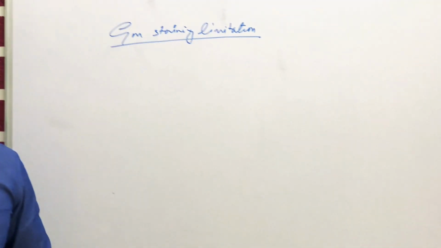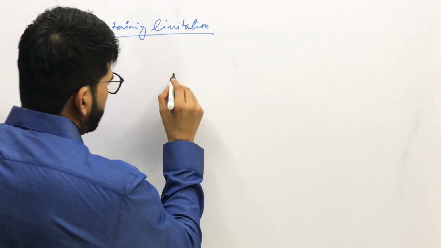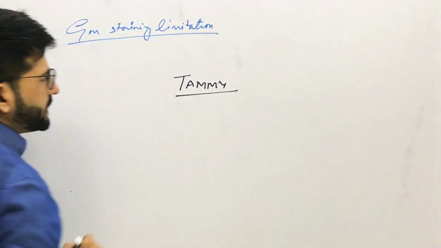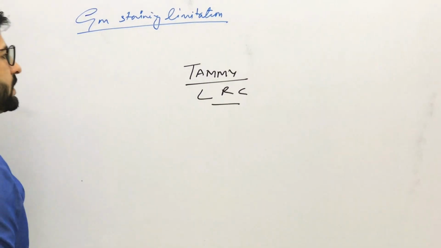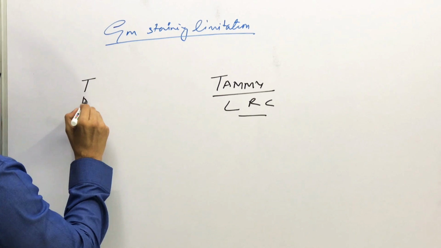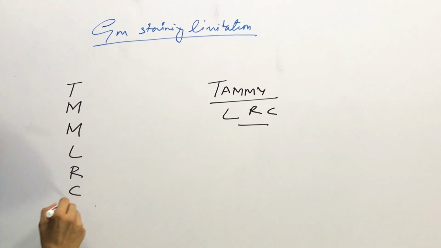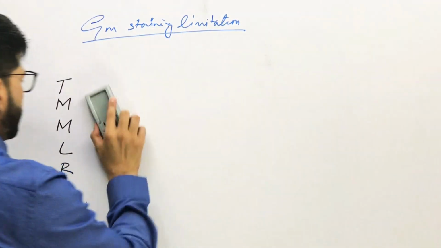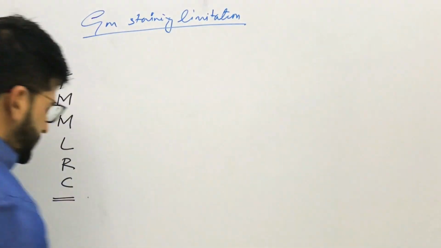And to remember the list of those bacteria, I like to share a sentence that I have a friend called Tammy, and when Tammy gets angry, she does not see left, right or center. So the list of the bacteria are: when Tammy gets angry, she does not see left, right or center. So what are these alphabets standing for? To remember, T stands for